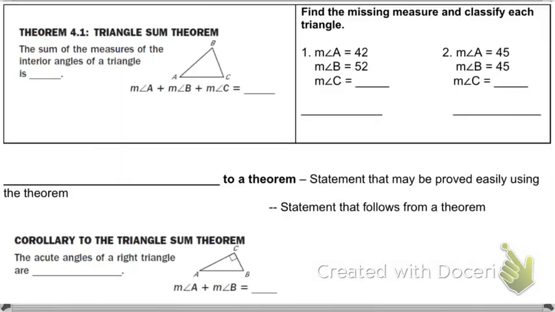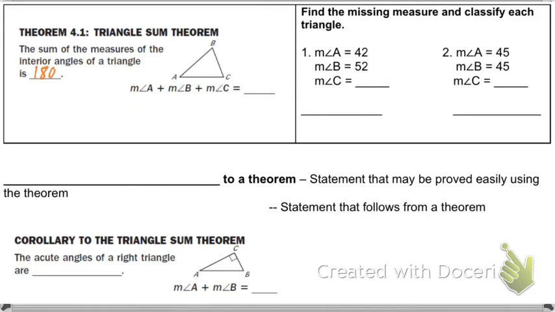Let's continue on. The triangle sum theorem. Sum means what? What kind of problem are we doing? Adding. Okay, very good, Seth. We're adding things up. So the sum of the measures of the interior angles of the triangle. So we add up all the angles of the triangle. We get